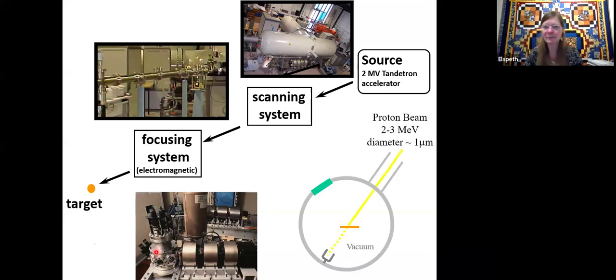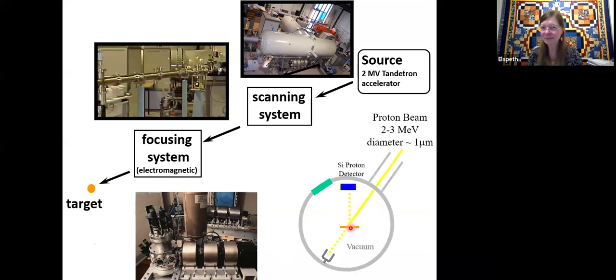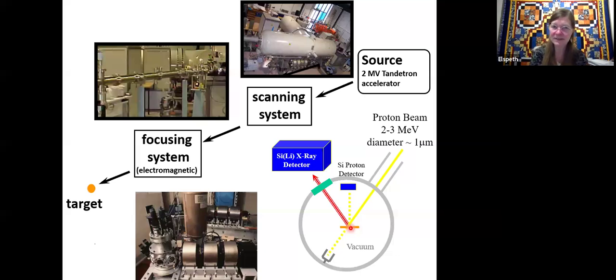So the protein sample is on a little plastic film in a vacuum. We've got a 2 to 3 MeV proton beam coming down, and then we detect the backscattered protons within the chamber, and the lithium drifted silicon detector